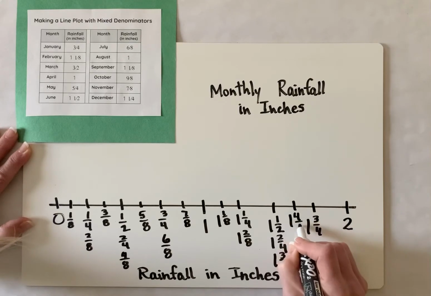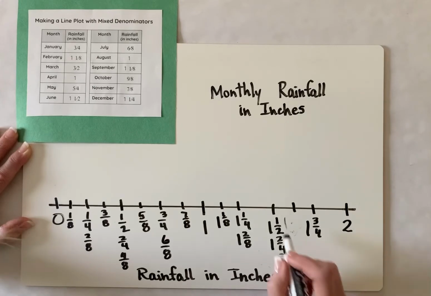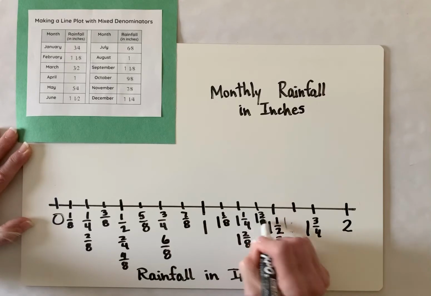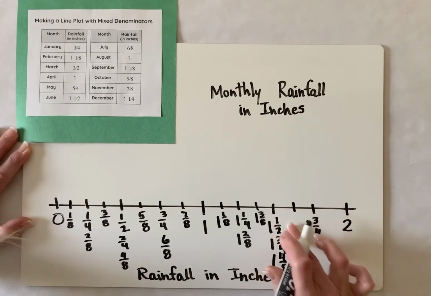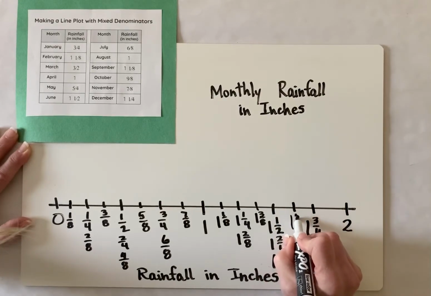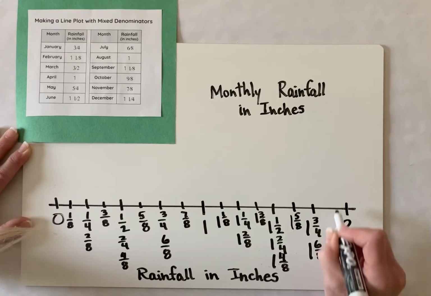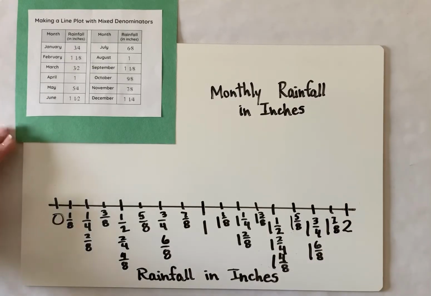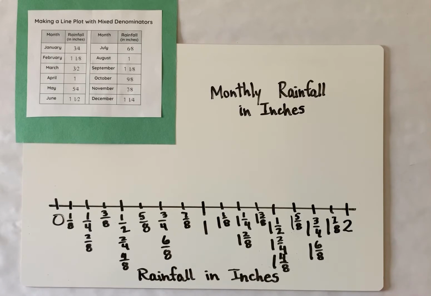1 4/8. Uh-oh, I messed up. Let's go back. 1 2/8, forgive me. 1 3/8, 1 4/8, which is equivalent to 1 1/2. 1 5/8, 1 6/8, and this would be 1 7/8, although we know we don't need that because my greatest value is 1 1/2. All right, so now my line plot is labeled with my quantities, or my data amounts,